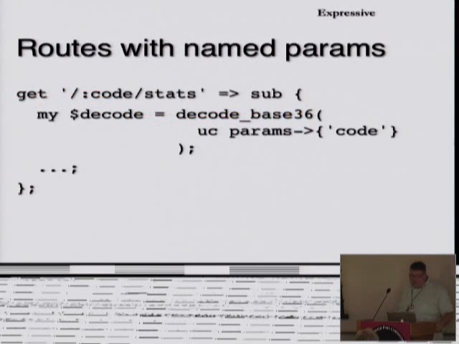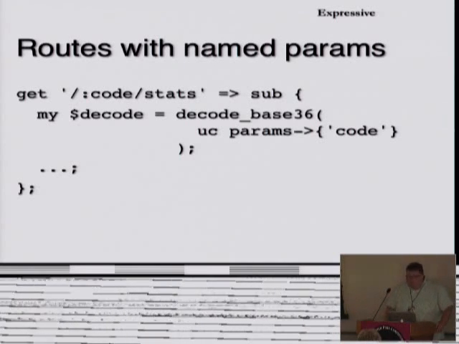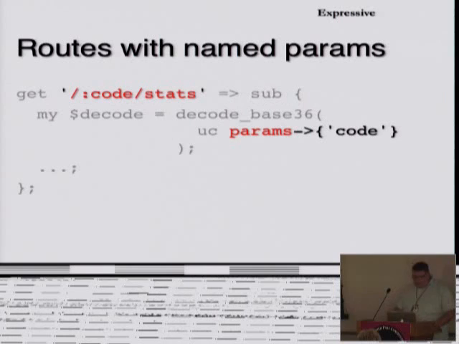You can also do routes with named parameters. Now, this is a direct lineage from Sinatra, because this is how Sinatra defines wildcard or named variables. And it's exactly the same. So there's really nothing here that you guys haven't seen before. Really, the only thing that's different is the fact that you have a colon in front of code, where code is that value. So you can see where it will match colon code. We'll stuff it in the params. You can pull it out with params and do something with it.